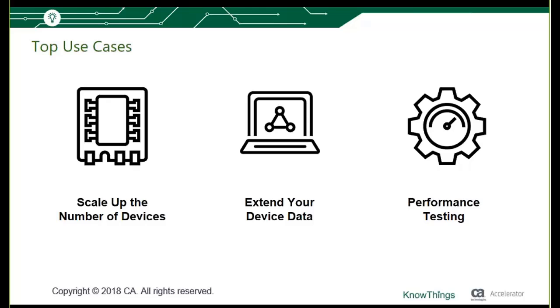So the scale, this is really easy. Early in your IoT development, we've been hearing that a lot of times you have one or two, or maybe just a handful of devices, and you're really going to be working on something that might be 5,000, 10,000, or even more devices. But you're really early on, and it's this parallel path between the device and actually having to do the systems work. And so, with KnowThings,